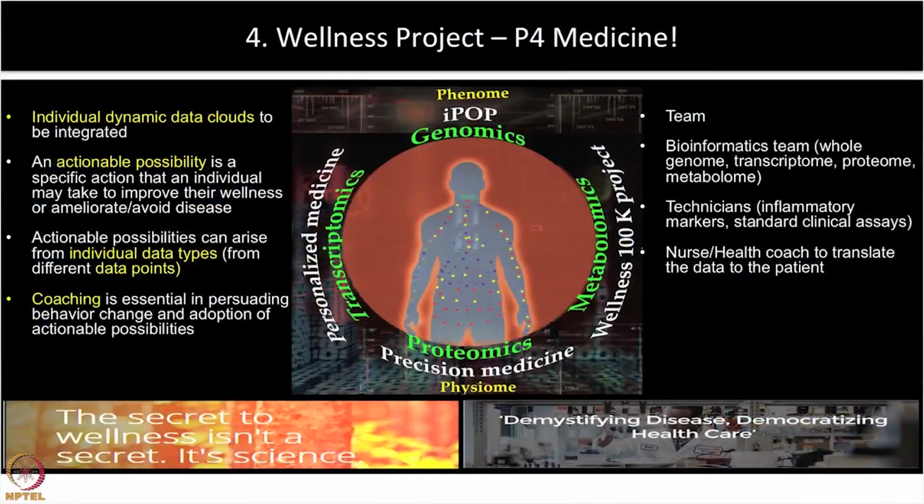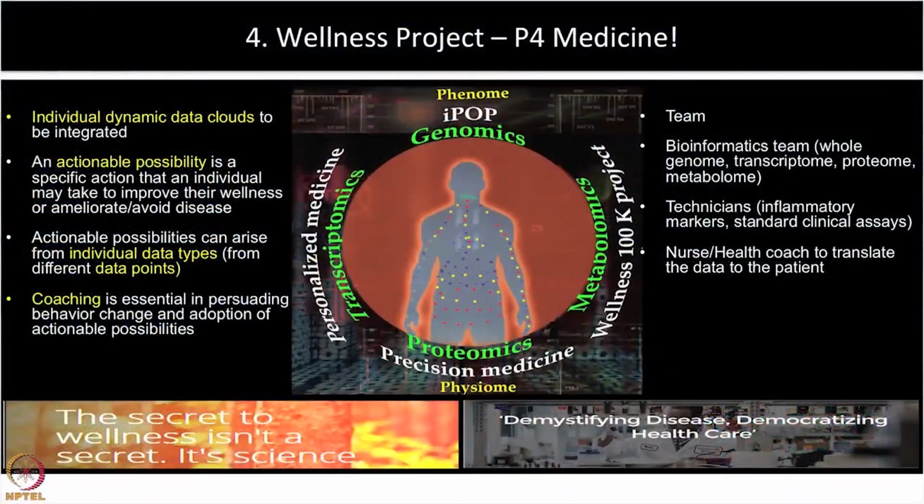Let me now take you to the next project, which is the wellness project. We have been talking mainly about how to compare healthy individuals with disease, but can we look at the wellness or the health status of a healthy or seemingly healthy individual in a longitudinal manner? Can we look at their entire omics profile at different time intervals, from time 0 to 6 months to 1 year, 2 years, and start looking at whether changes are happening in a dynamic manner inside the body, which might give us clues for what disease the individual might be having or whether the individual is still healthy? So the individual dynamic data clouds have to be integrated, and that field is known as P4 medicine, which